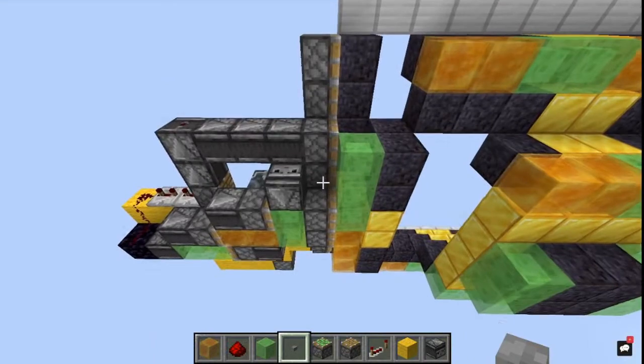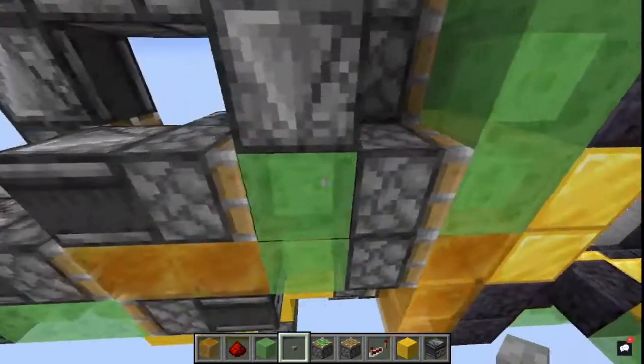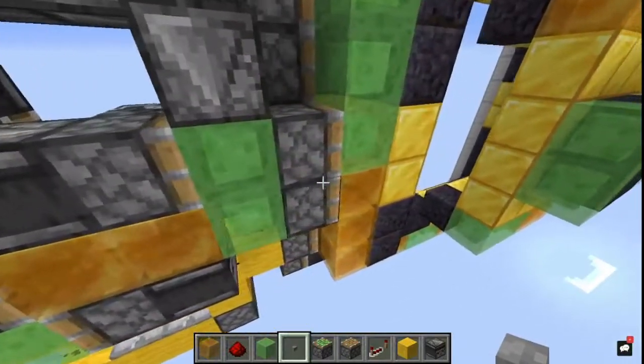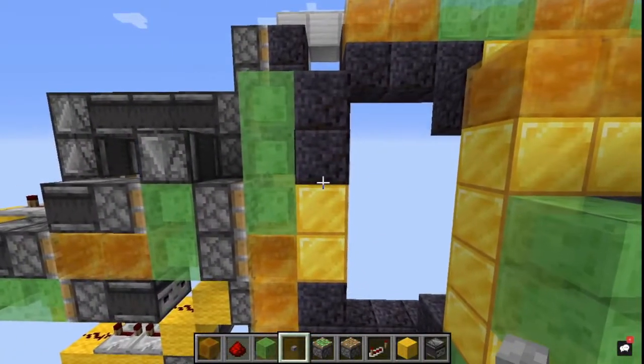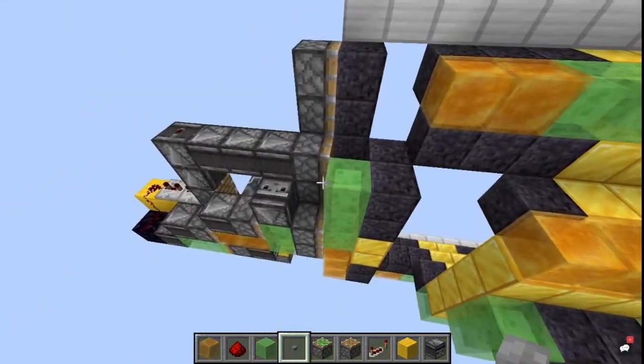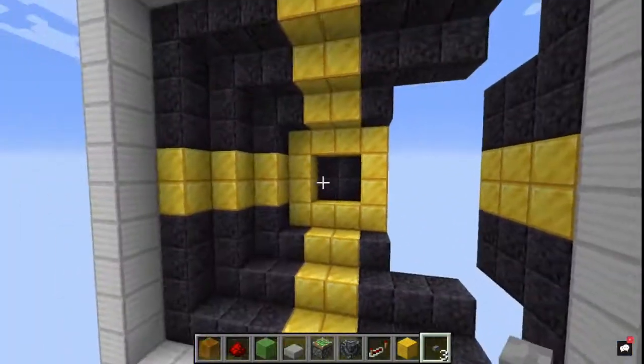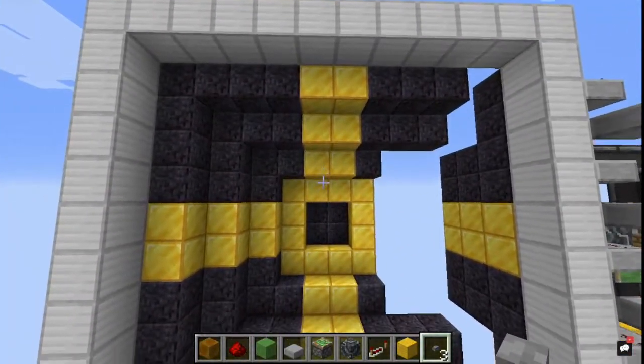Oh no. Crap. This whole machine was supposed to go back another block. Okay, that's a problem. We just need to shift everything back a block. Yes, okay, that works. Now we have the whole side down, and all we really have to do now is